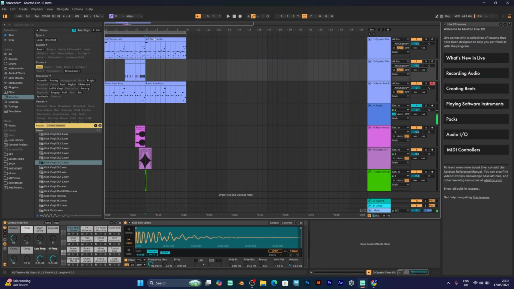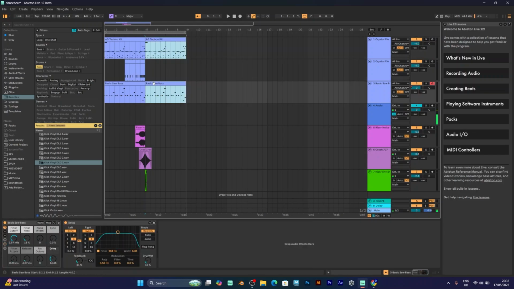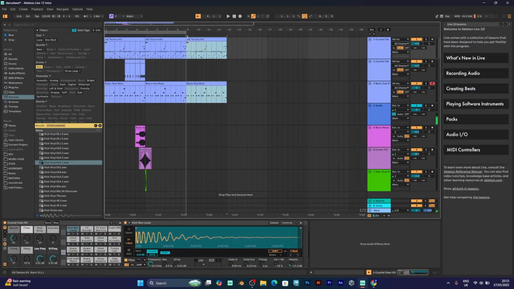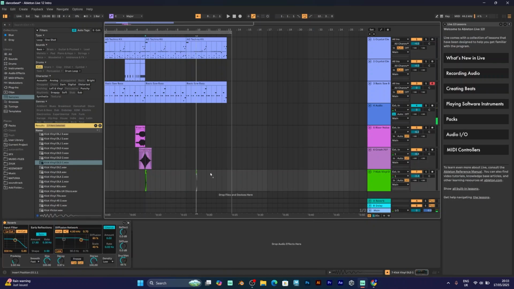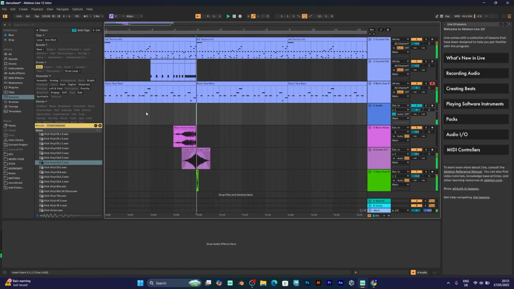You can duplicate it if you want to have one more beat playing. Hold Ctrl and move it to the right. Here it is. Now you can also add a kick sound. Do the same and